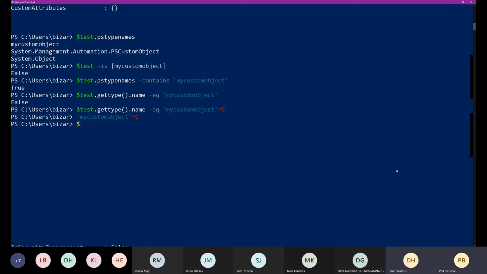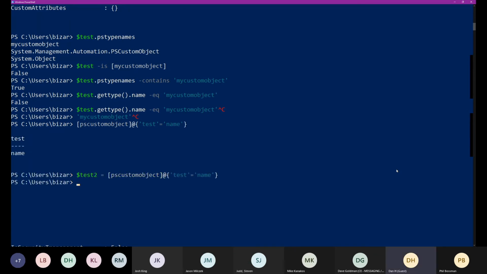Sorry, .test, the variable. Or create a new custom object without creating a class. Okay. All right. Then do $test2 -is, and then in brackets, you've got to put the full type name.